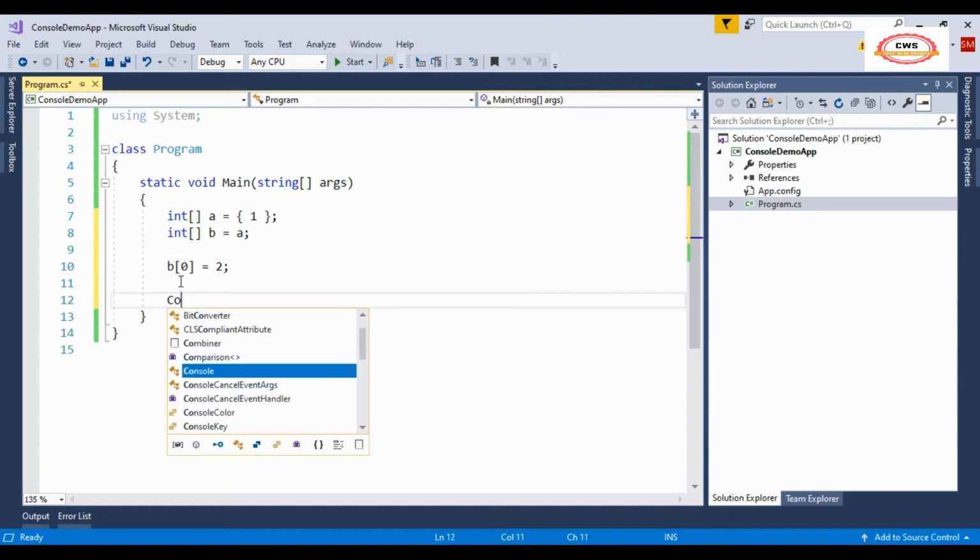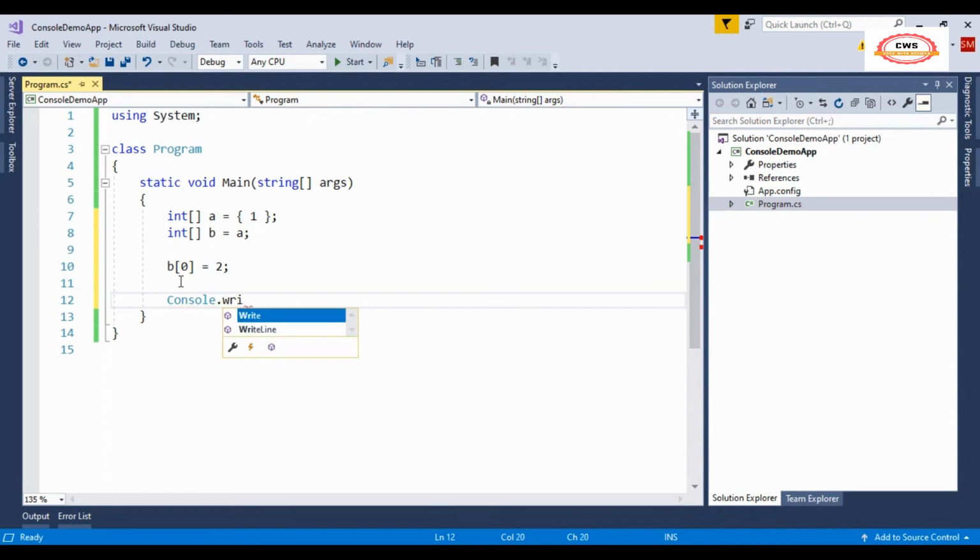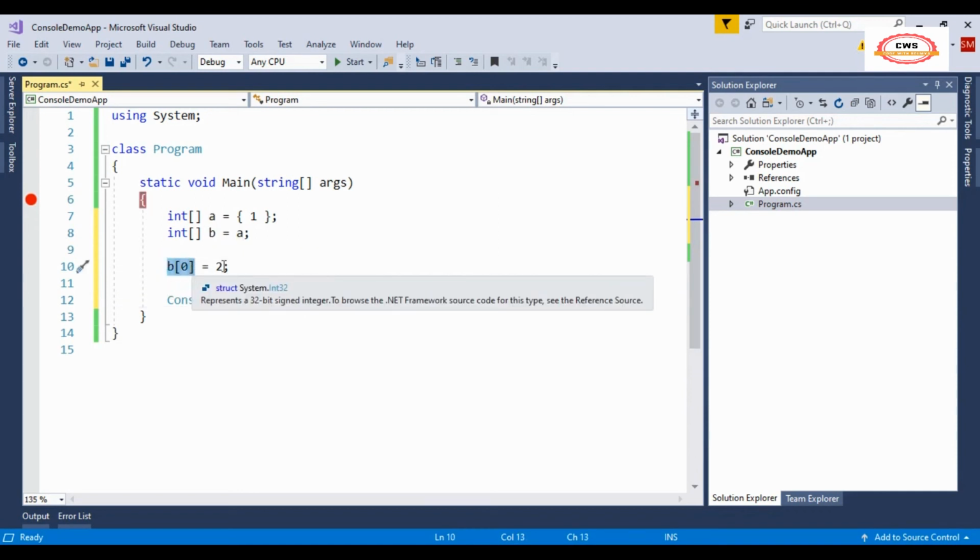Now let's see what the value in a is. Earlier, I assigned 1 in a, then I assigned array a to array b, and I changed the value in array b to 2.